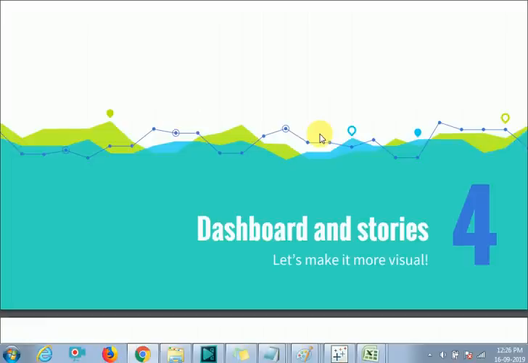Next is dashboards and stories. Let's make this more visual. Now we'll learn what dashboards are and what stories are. As you learned in the previous slides, I talked to you about dashboards and stories. Dashboards are, on a single page,